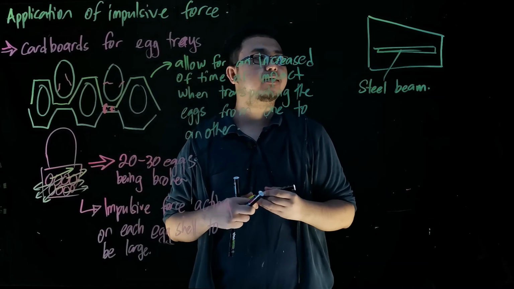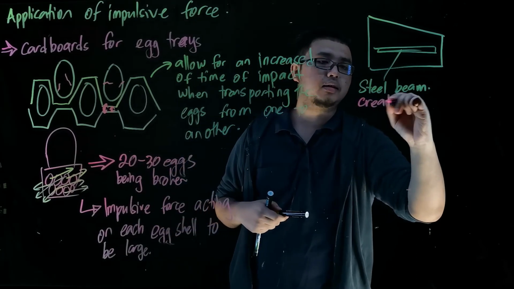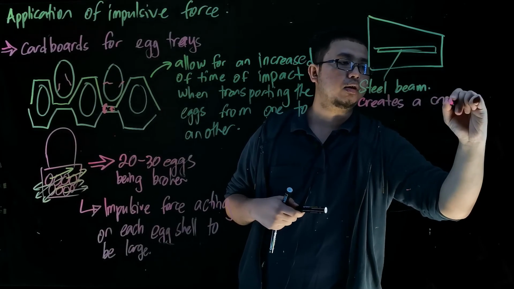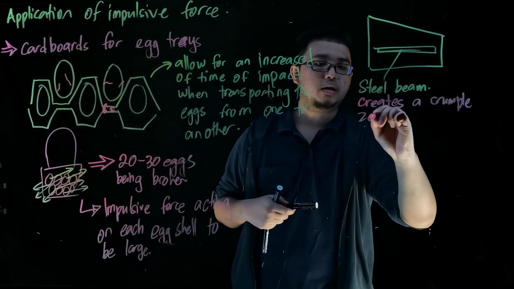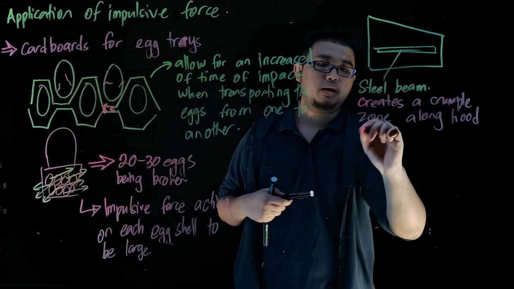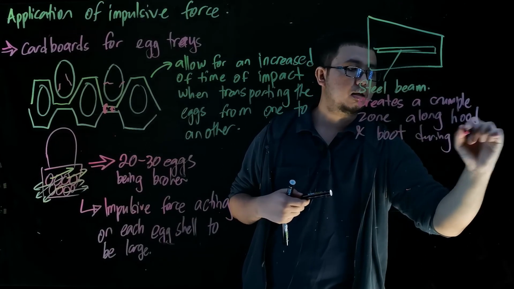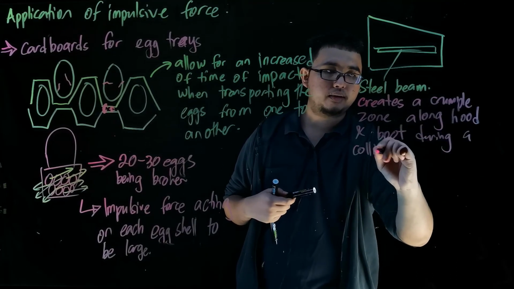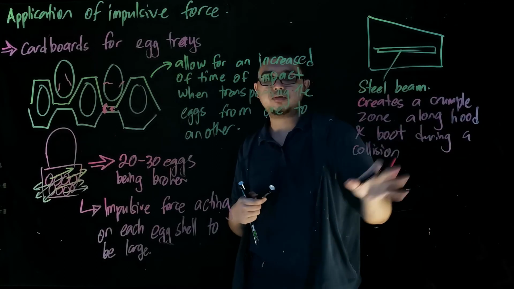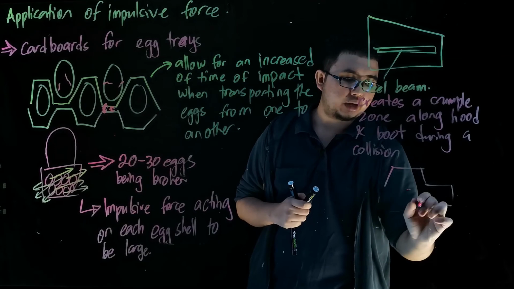And what this does is create a crumple zone, along with the hood and boot, during a collision. And this crumple zone increases the time of impact. So when we look at our car,